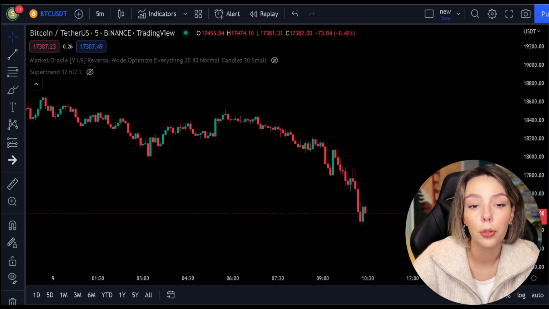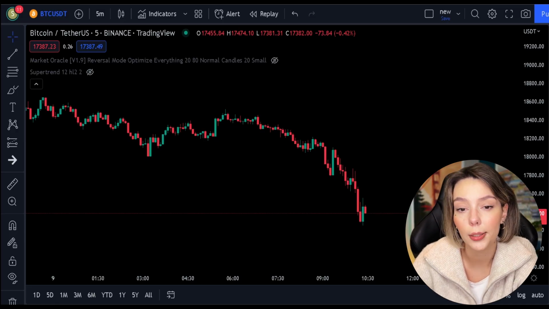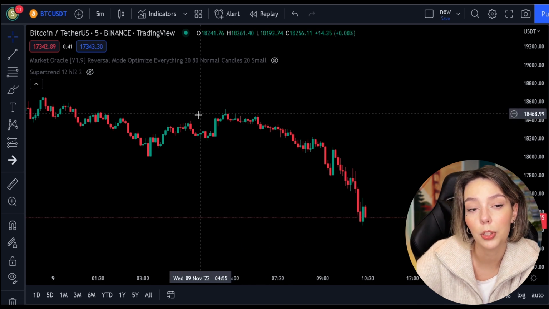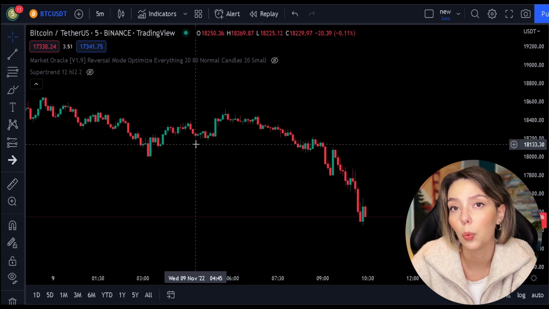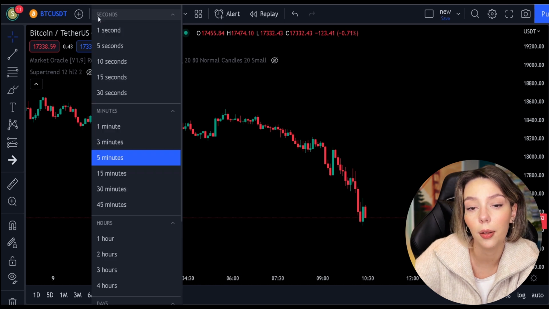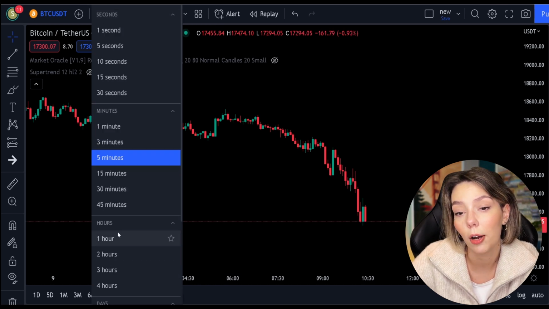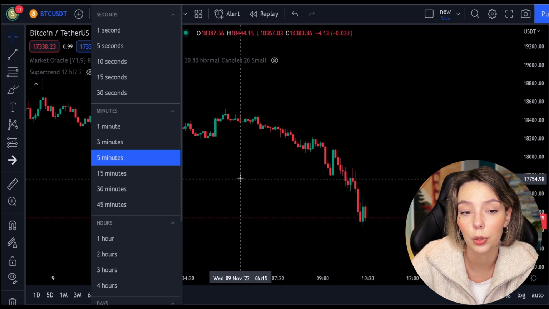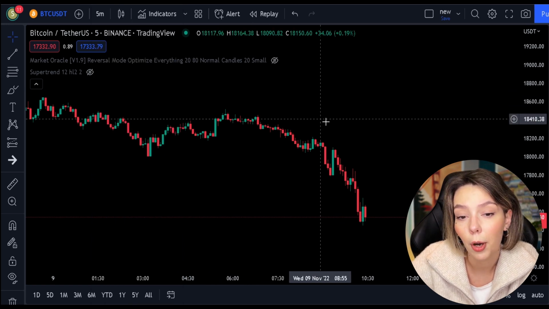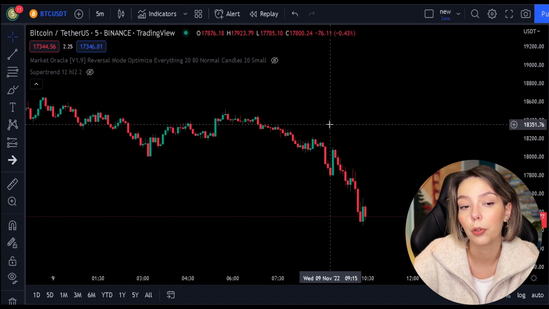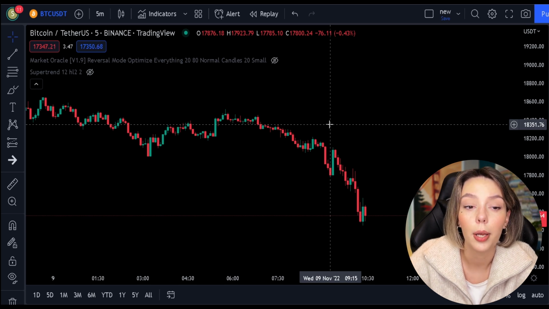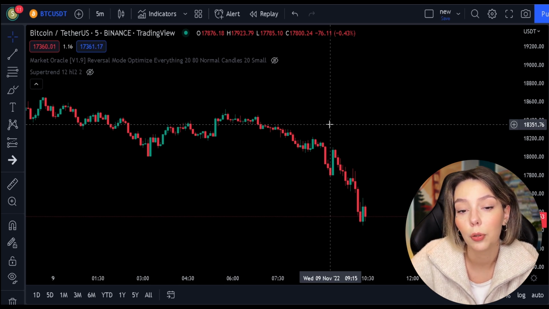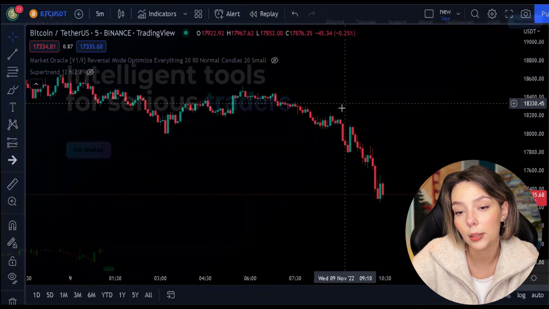This is the Bitcoin dollar 5-minute time frame chart. You can use other time frames as well, such as 15 minutes, 1 hour, 4 hours, and other time frames, as well as currency pairs, because this strategy also works in Forex, the traditional market, and of course it's suitable for cryptocurrency trading. So, as I mentioned earlier, today I'm talking about a strategy based on a paid indicator from